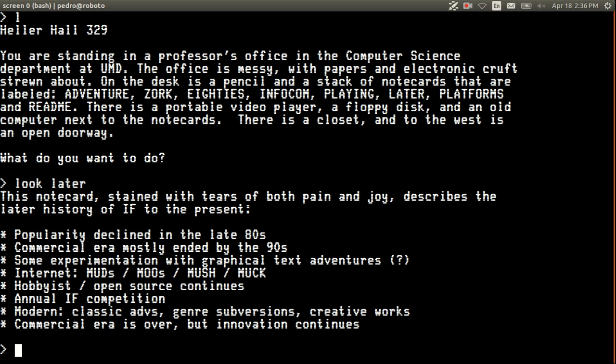In the 90s, however, MUDs, MOOs, MUSHes, and MUCKs appeared, all multi-user. MUD is a multi-user dungeon. It was basically the precursor to the massively multiplayer online game. It was a text adventure where you telnetted into a server and all the players were in the game together. So you could acquire things and kill.